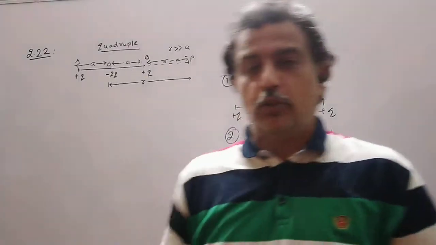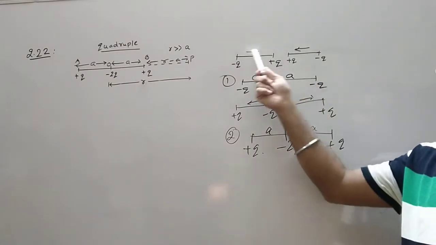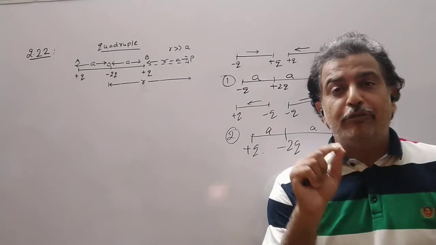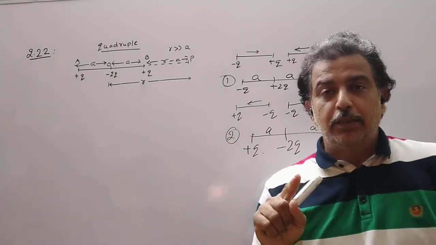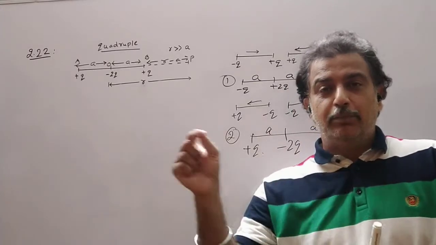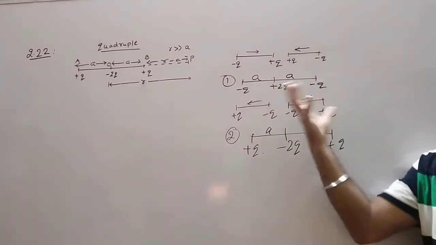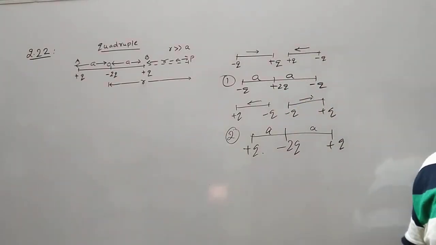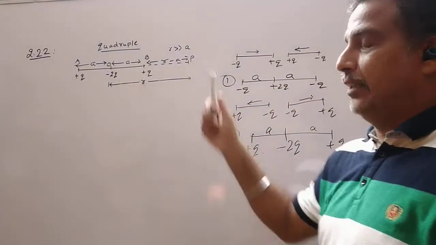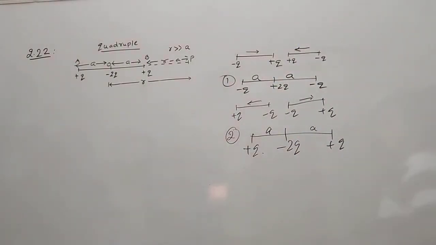Now how will you define the quadrupole? Clearly it is a system of two dipoles having dipole moments in the opposite direction. So quadrupole is a system of two dipoles lined up in an opposite direction, lined up means they are in the same line, in such a way that their dipole moments are in opposite direction. So here the dipole moment is along the negative x-axis, and the dipole moment of the other is along the positive x-axis. So this is the definition of a quadrupole.